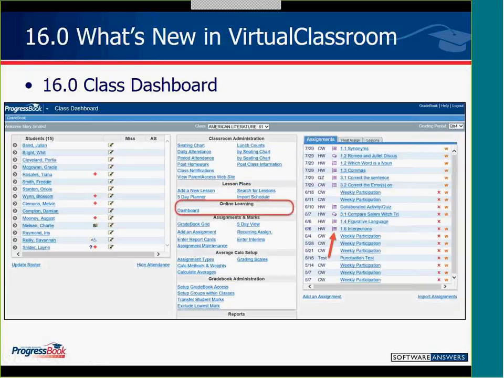online discussion. So when we come into 16.0, the section's been relabeled to online learning. Now you're just going to have a dashboard. So it's your online learning dashboard, Virtual Classroom dashboard, as well as the new icons that indicate that that assignment is tied to that online activity or discussion. And they moved over next to the assignment type. So it's really a lot easier to read and see, and just for the eye movement. So it's very easy, very clear. In those ones also, you're able to click on them just as you could before to take you to those